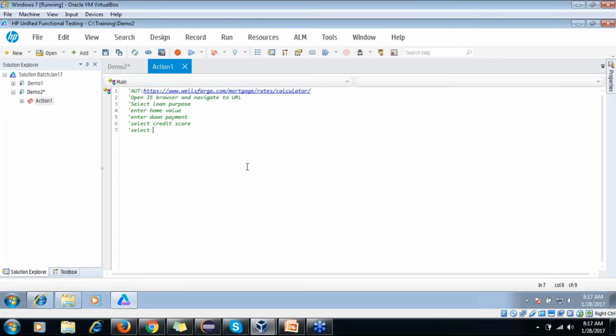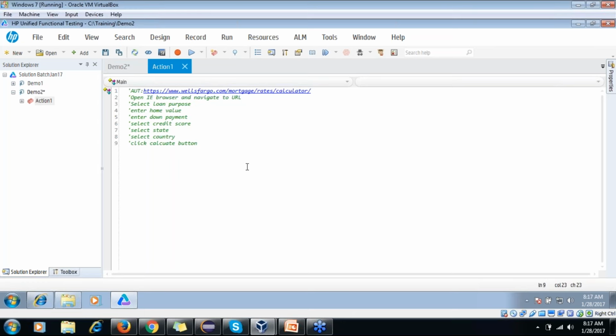Then select state, select country, and then click calculate button. Alright, so this is the manual step.